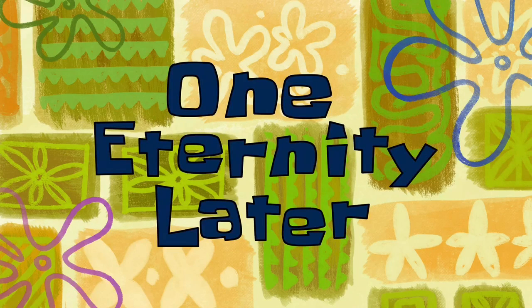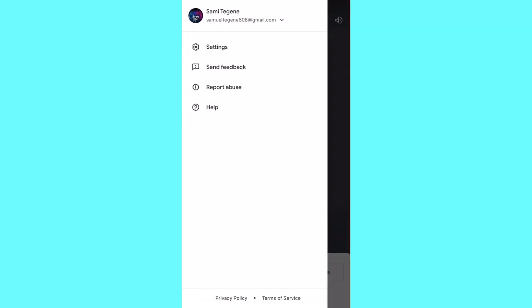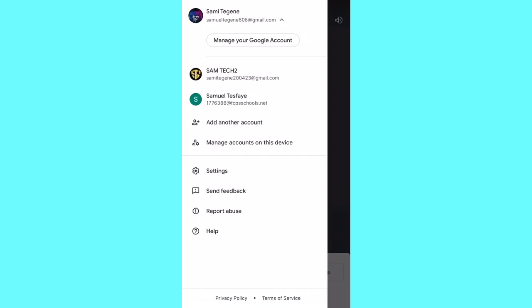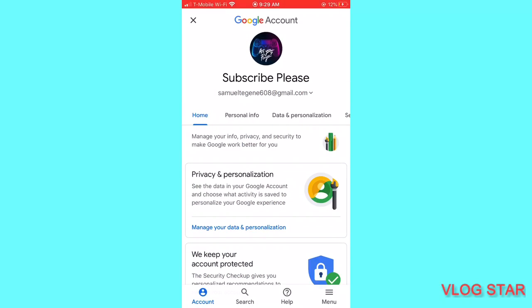So guys, the first thing you have to do is open your Google Meet. After you open your Google Meet, all you're gonna do is just click the three lines in the top and you should see your profile picture and your Gmail or your email, and you're gonna see the arrow button and you're gonna click on that and you're gonna click manage your Google account, and it should take you to this